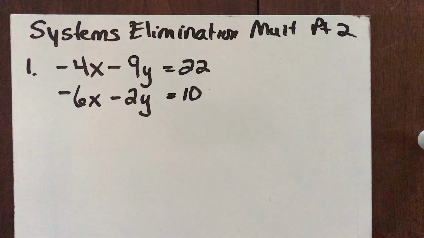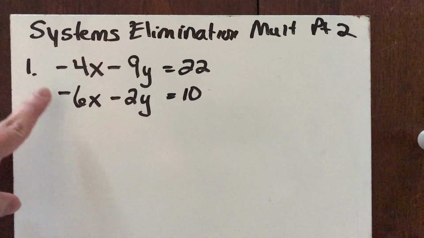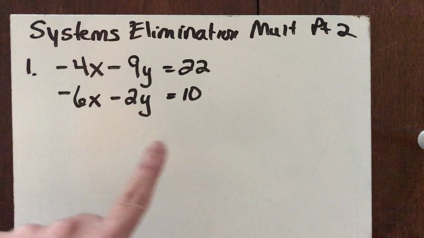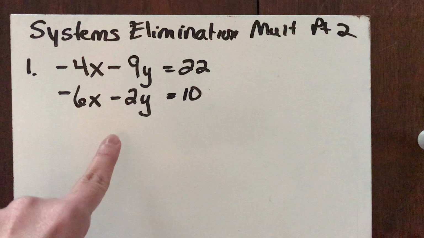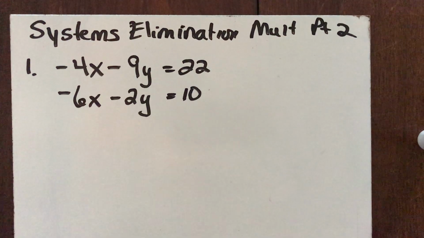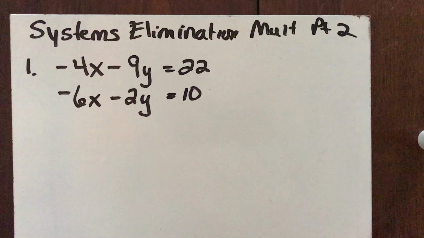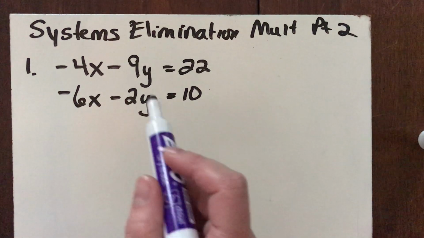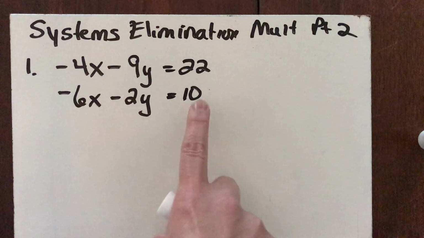So you have an option here. Do you want to eliminate the x's by turning one into a positive 12 and one into a negative 12? Or do you want to eliminate the y's and turn one into a positive 18 and the other into a negative 18? I'm going to go with the x's. So if I want to get 12 and negative 12, now this is where you get to have the choice. Do you want negative 12 at the top or at the bottom? I always look at the